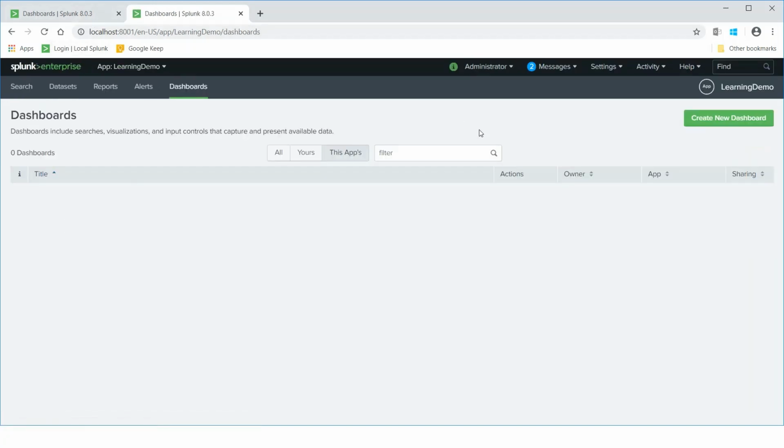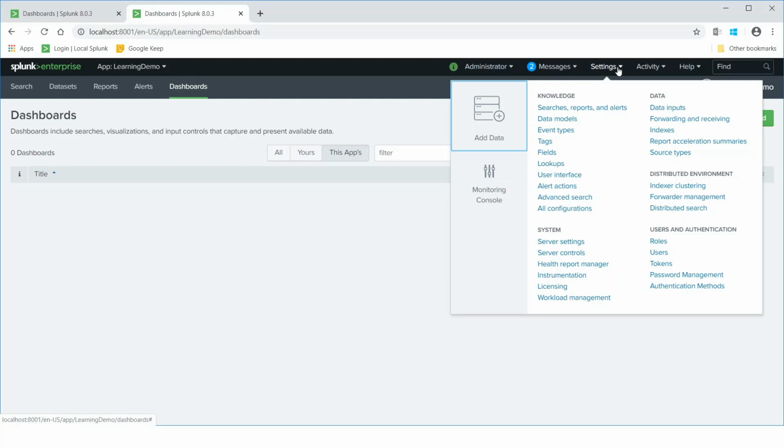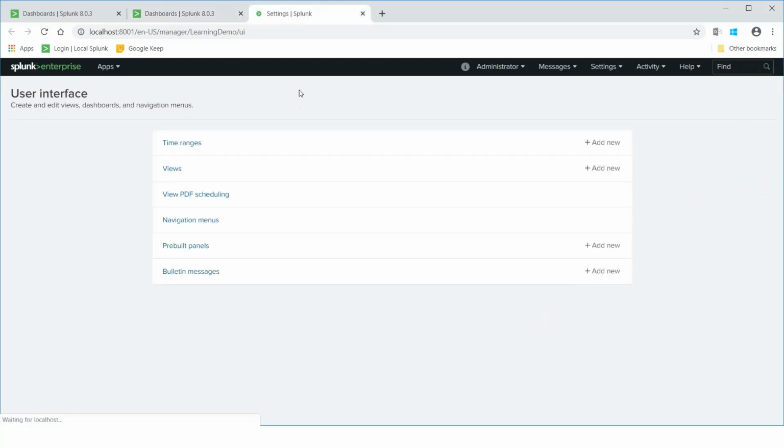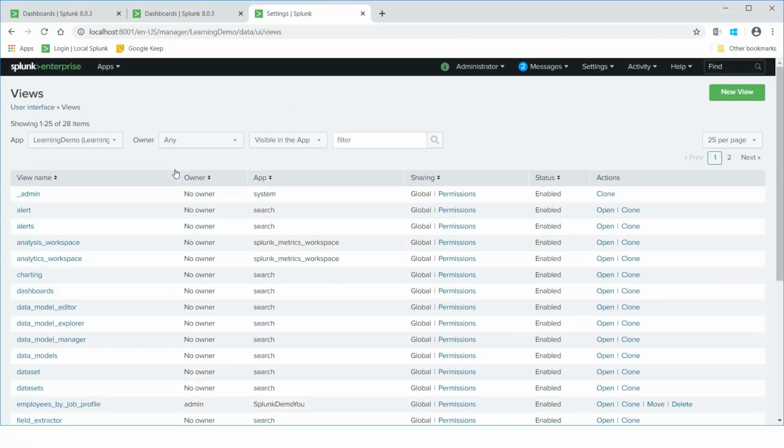So for that, to make this dashboard available in the learning demo app, I have to go to settings and user interface. You will see here there is a views tab. You have to click on it, and you can choose the dashboard from these views.